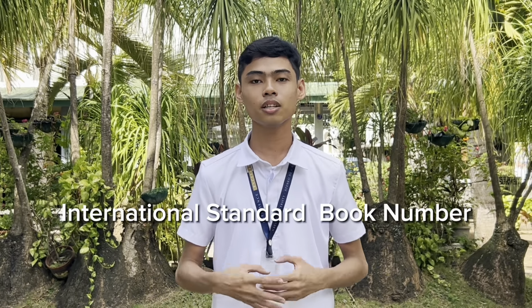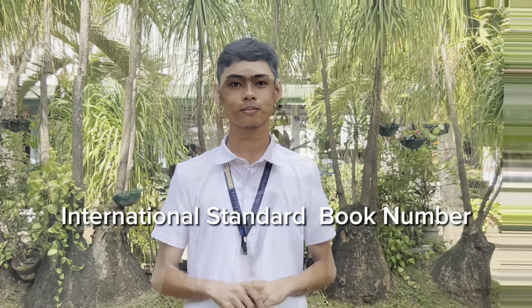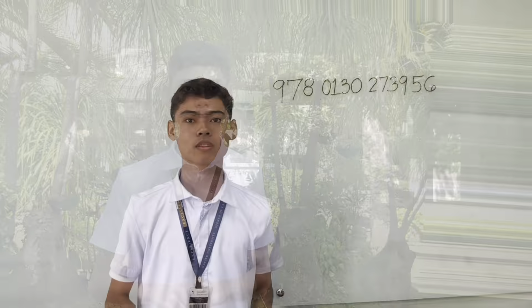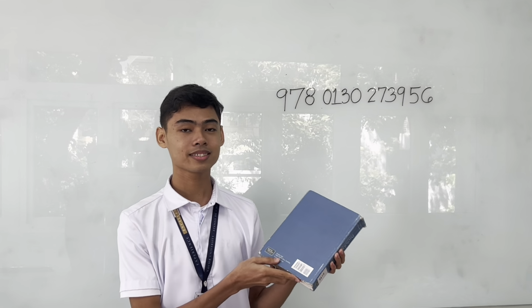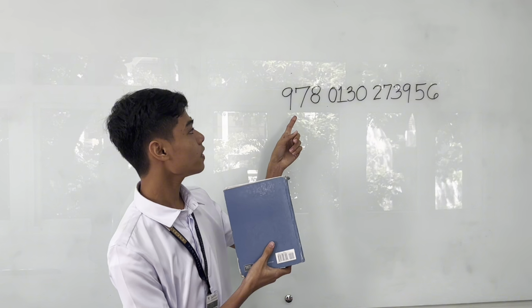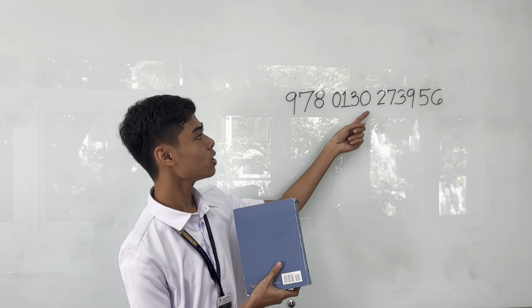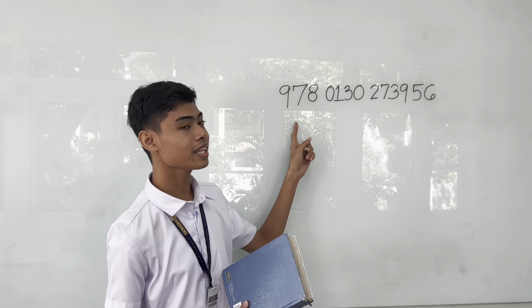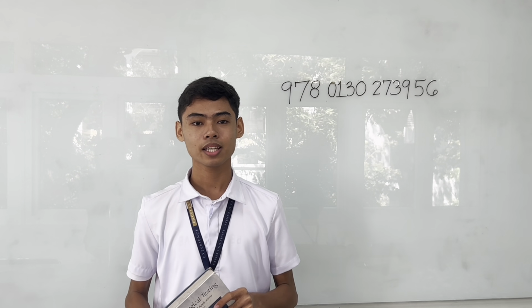Now, we will dive into the first application of modular arithmetic, the International Standard Book Number, or the ISBN. Every book that is cataloged in the Library of Congress must have an ISBN. For example, this book has an ISBN of 978-0130273956. This 13-digit number was created to help ensure that orders for books are filled accurately and that books